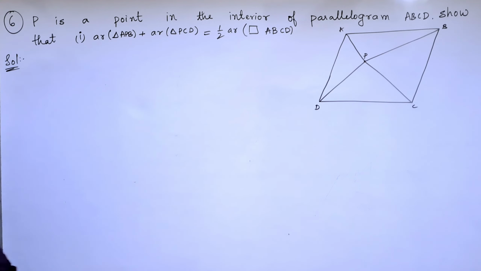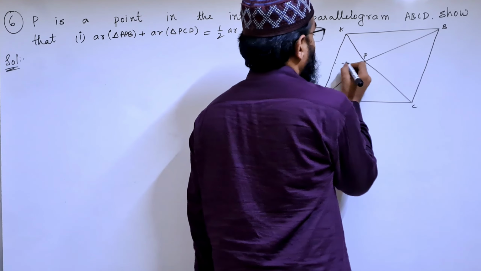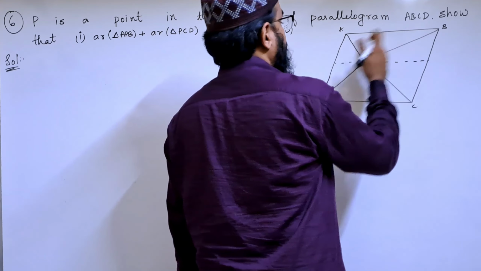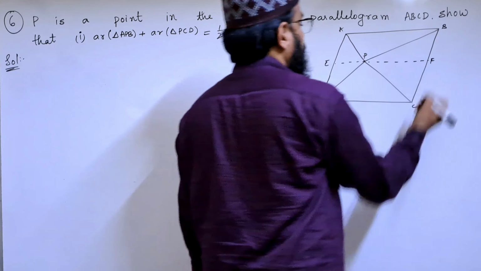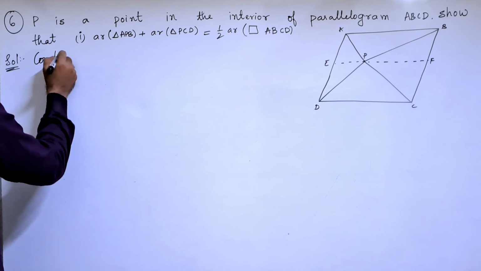In solution, first of all, we will draw a line which is passing through P and parallel to AB and CD. So let this line be EF. So construction,